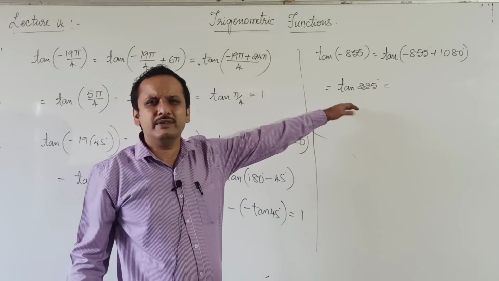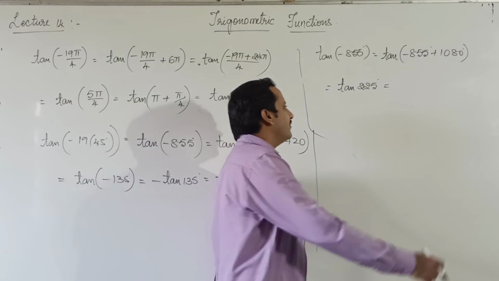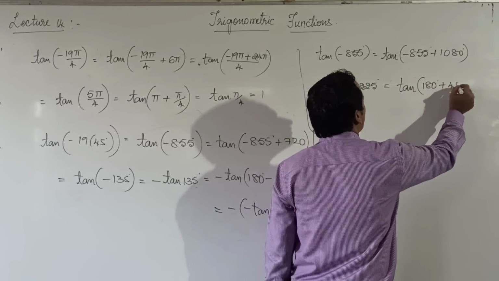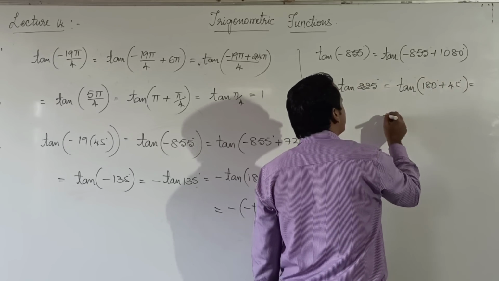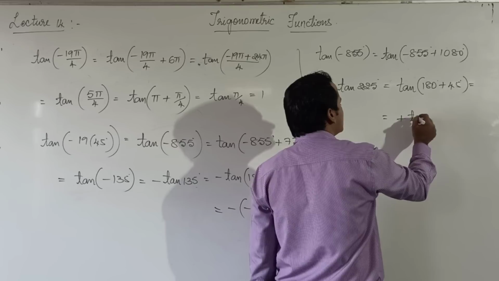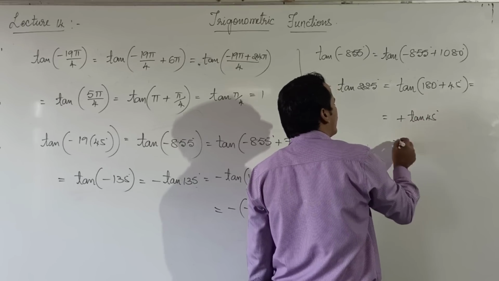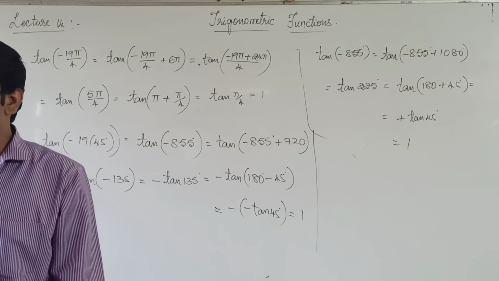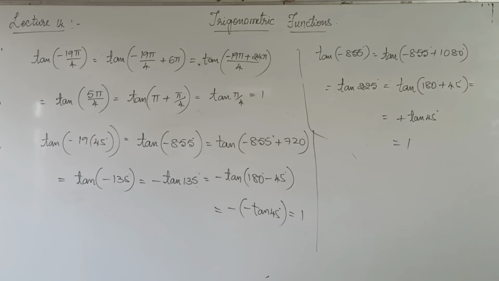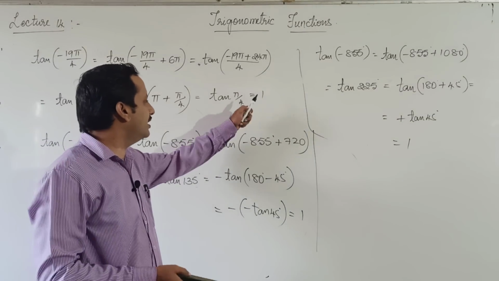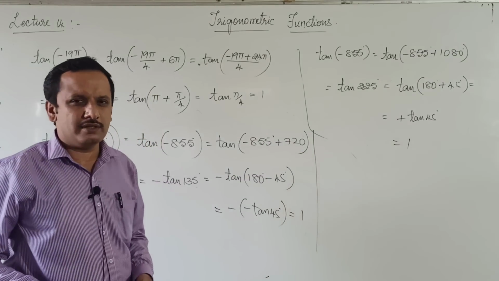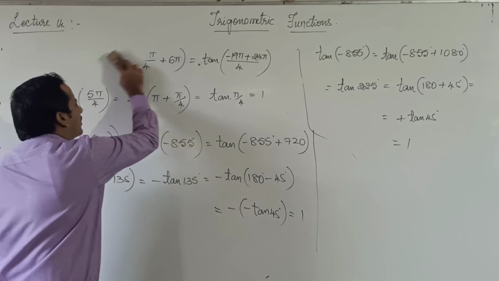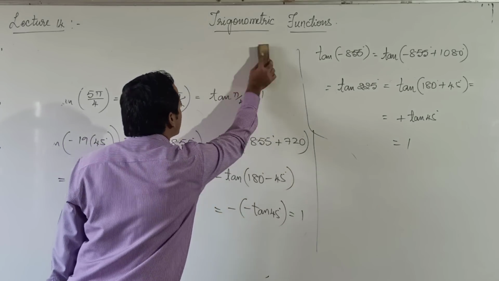Okay, and this is very easy for you. Tan 225 degree, tan 225 is nothing but 180 plus 45, third quadrant, tan is positive, so plus tan 45 degree, tan 45 degree is 1. Okay, these are the different ways with which you can solve a given problem. Okay, you saw that in all three cases we got the same answer. Okay, we should get the same answer. Okay, let's have a look at the next question.